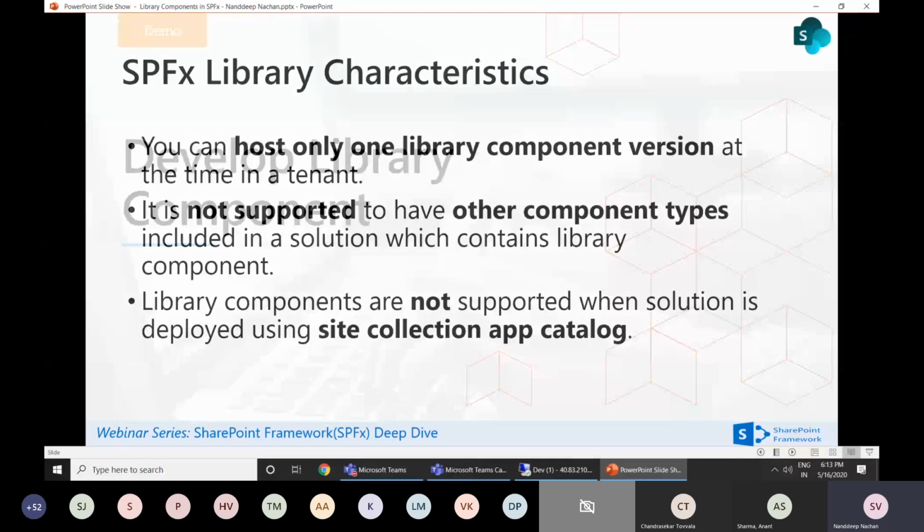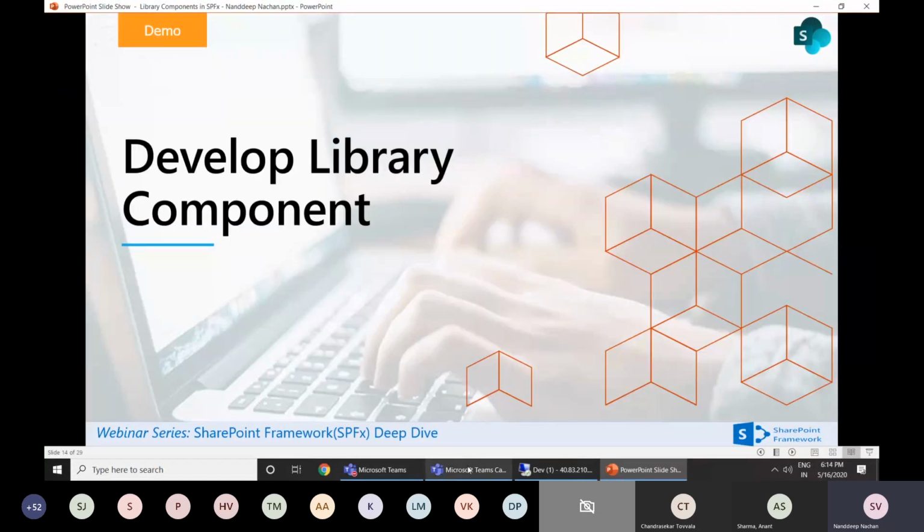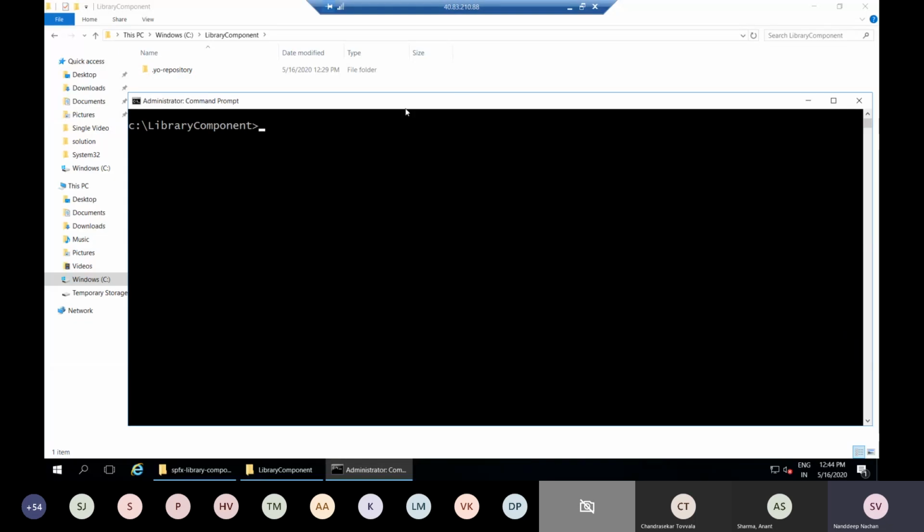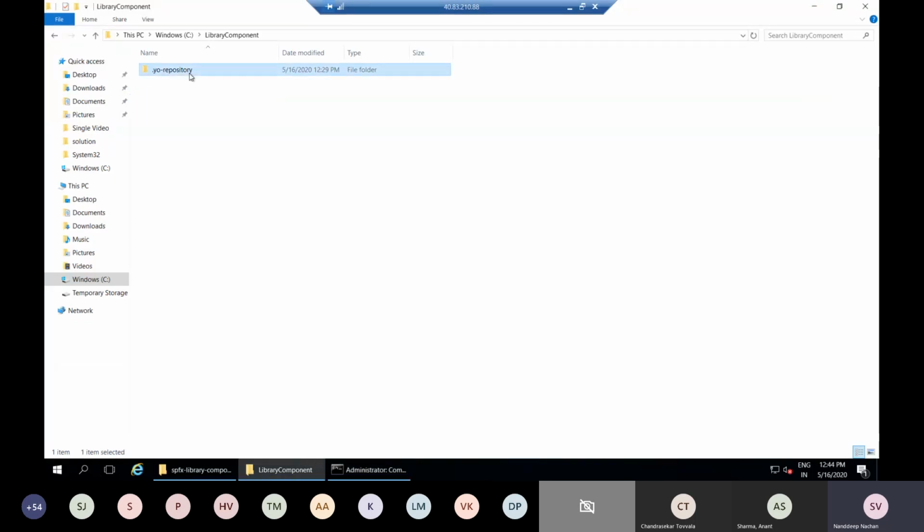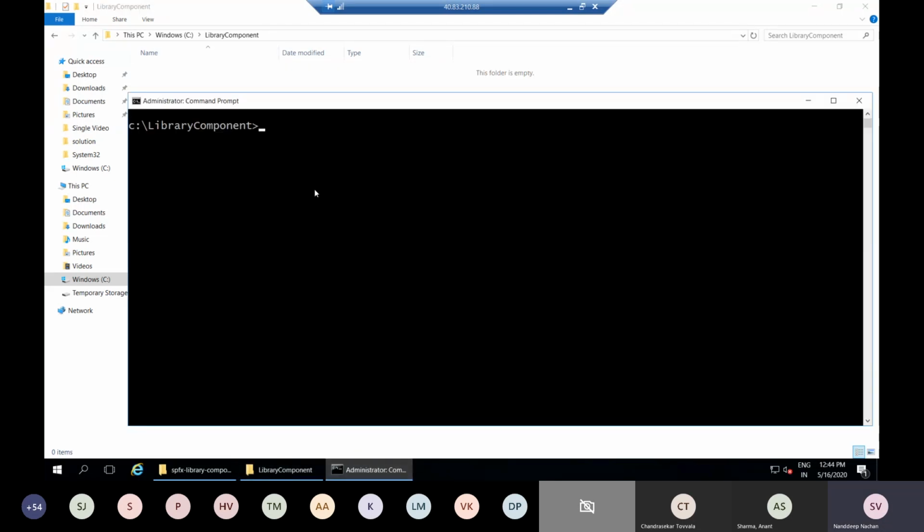Okay, so then let's see how we should develop these library components. So I will move to my development machine. Let me delete this. Yeah, all right. So here I have one folder wherein we will create the library component. As I said, a library component is again one of the SPFx solutions itself. So for that purpose, I will do yo